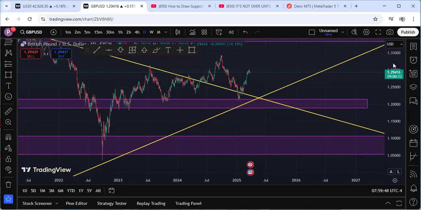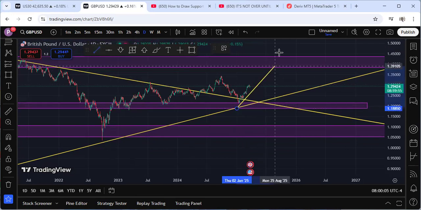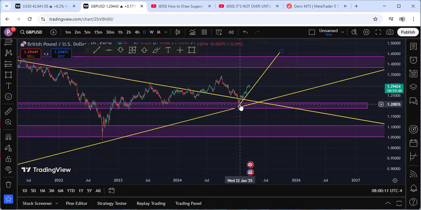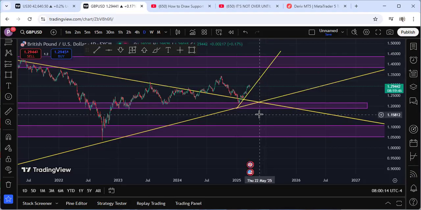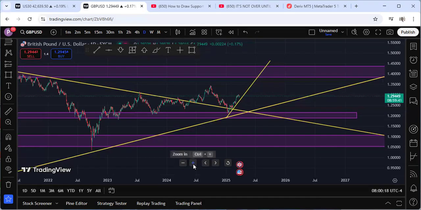This is the daily time frame. Let's now see how to trade this up movement on GBP USD. One thing we can do is draw this trend line here. We can see higher highs and higher lows here. It's a strong trend going on. Higher highs and higher lows. So with this information you have now,